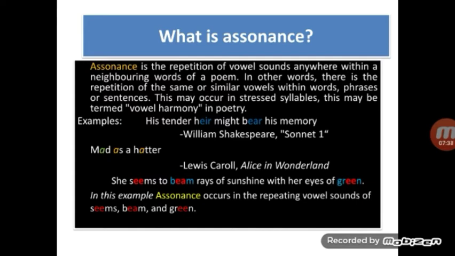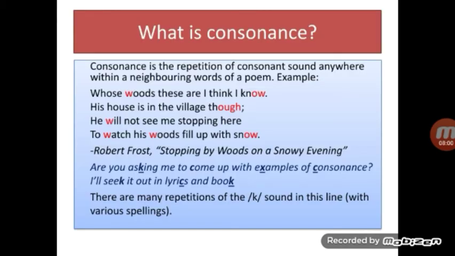Alliteration is the repetition of consonant sound in the initial position of the words in a line of poetry or any composition. Assonance is the repetition of vowel sound in any position of words, and both create musicality in poetry. And here is another term, that is consonance. What is consonance? It is often asked. Students are confused, asking what is assonance or consonance. They relate consonance with alliteration. So we should be clear.